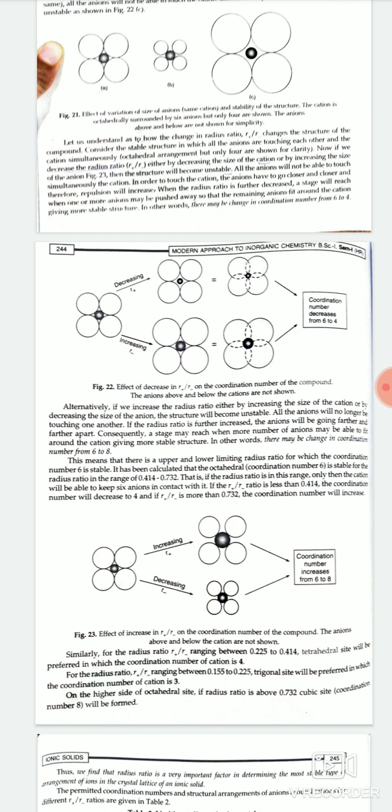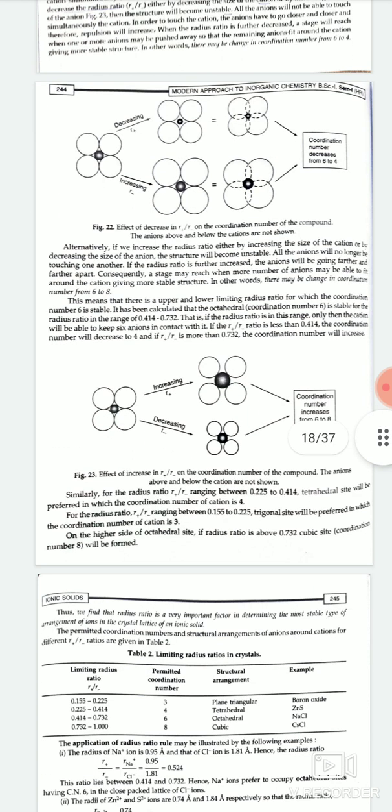Similarly, for the radius ratio ranging between 0.225 to 0.415, tetrahedral site will be preferred in which the coordination number of cation is 4. For the radius ratio ranging between 0.155 to 0.225, trigonal site will be preferred in which the coordination number of cation will be 3. On the higher side of octahedral site, if the radius ratio is above 0.732, cubic site, coordination number 8, will